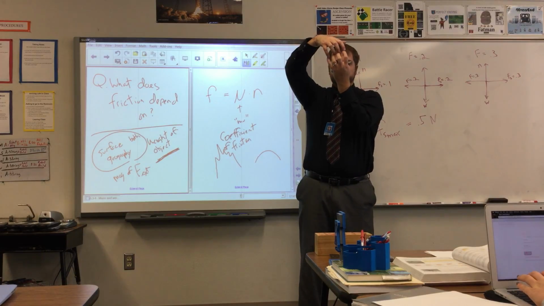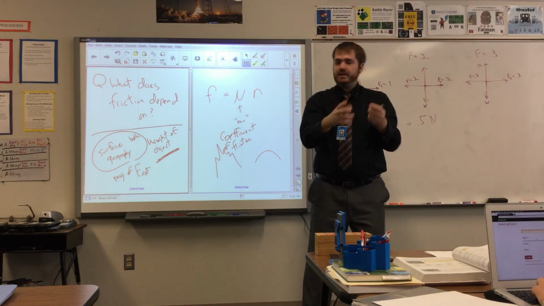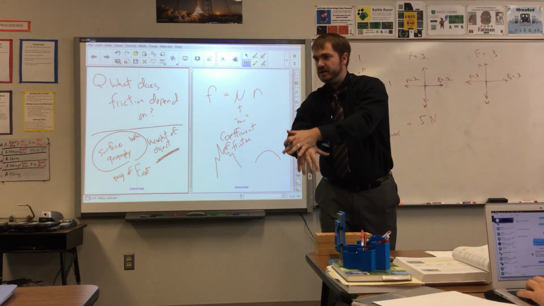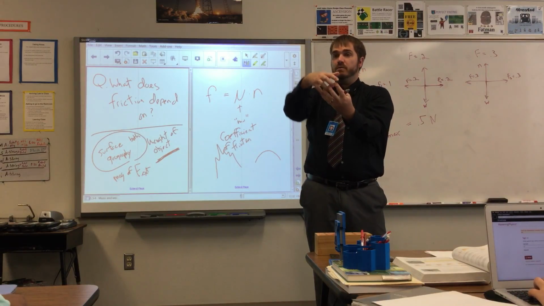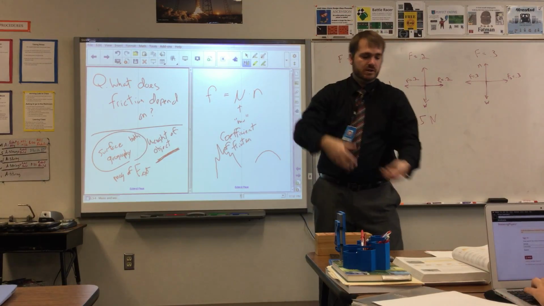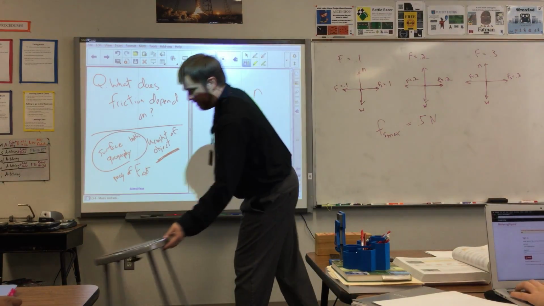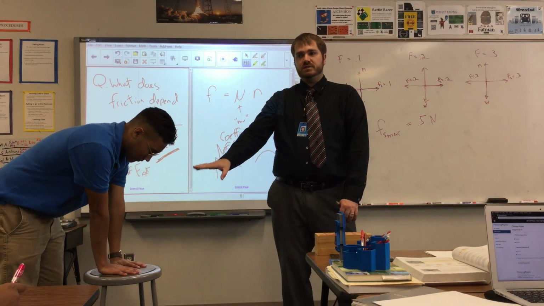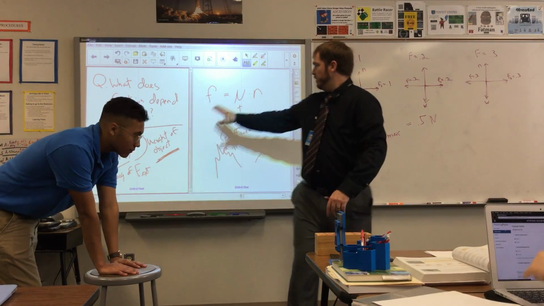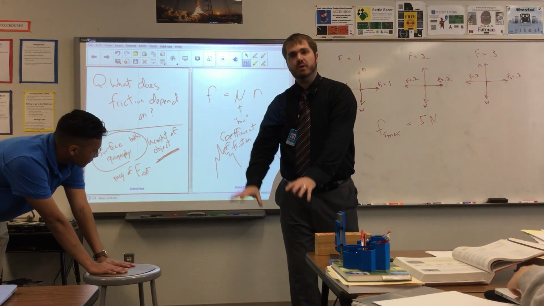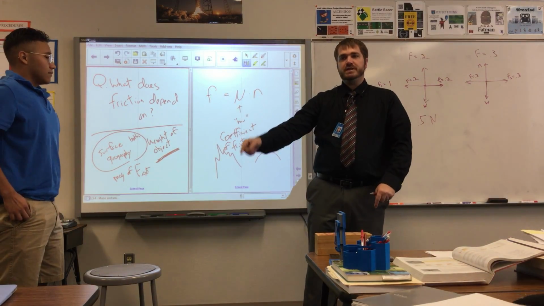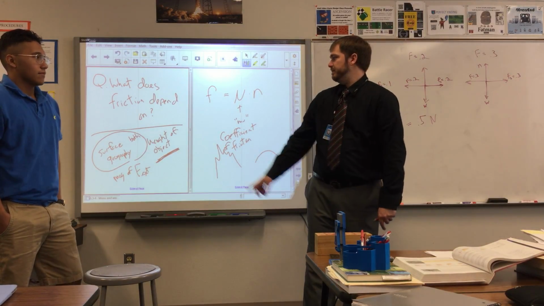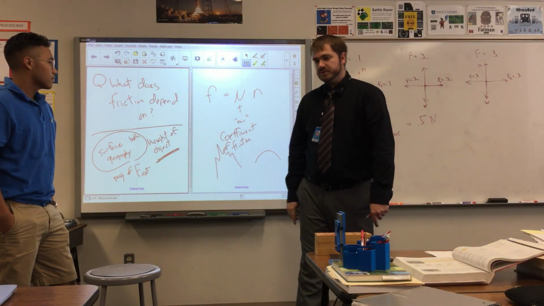So it's like the net pulling down, that's the normal force. Normal force is a measure of how much they're in contact. What if you're pushing down on that object? Then the normal force is going to be a lot more. So, Kevin, come over here and push down on that stool as I try to pull it. The weight of the stool is still the same, and the mu, the coefficient of friction between the stool and the carpet, is still the same. But with Kevin pushing down, what has changed? The normal force. And guess what goes up by extension? The friction force.